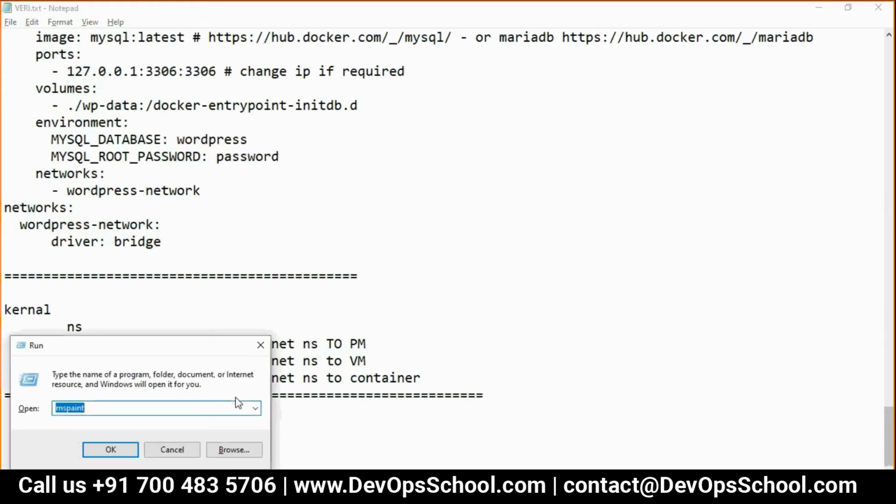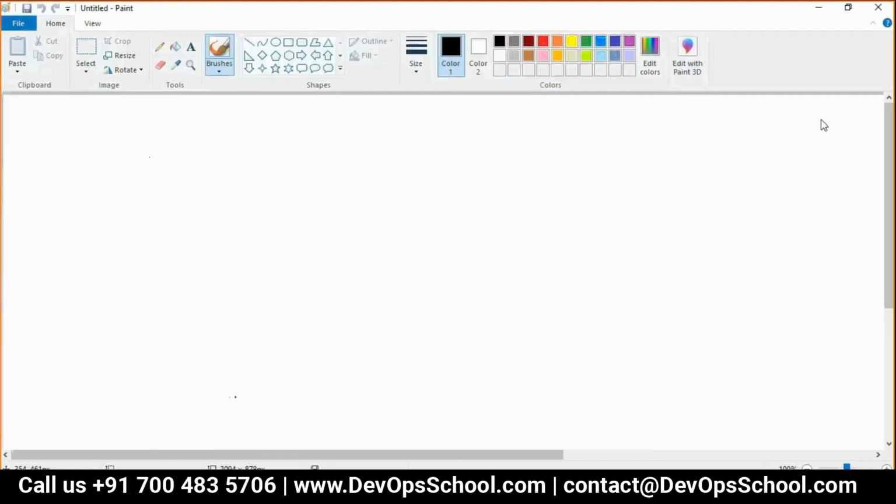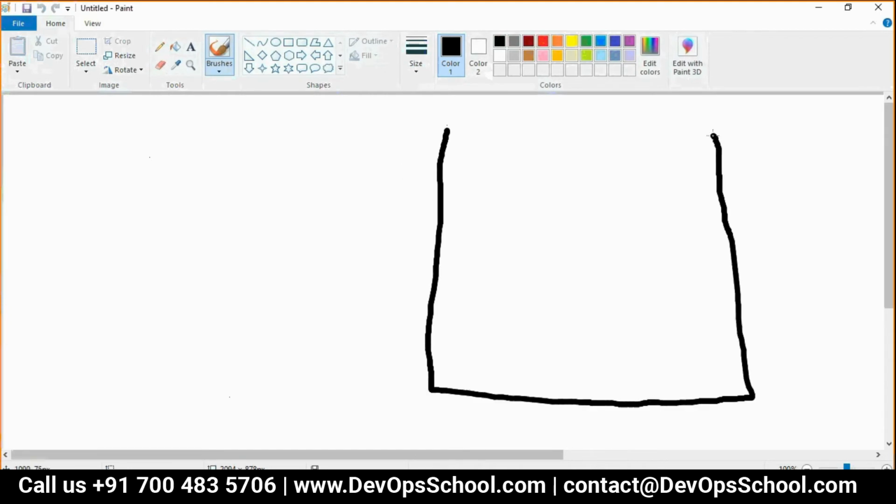So let me show you the pictorial diagram. Probably that will be easier for you. Guys, there is one node, a VM.